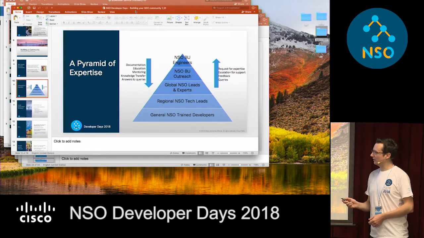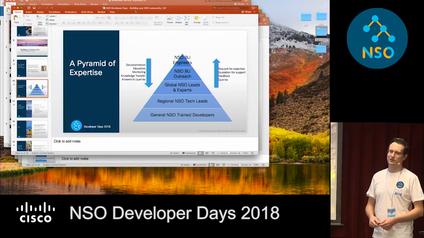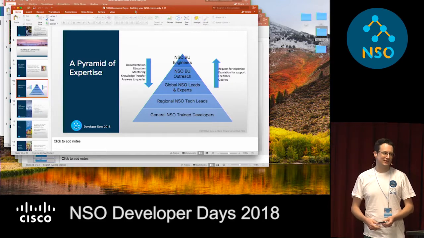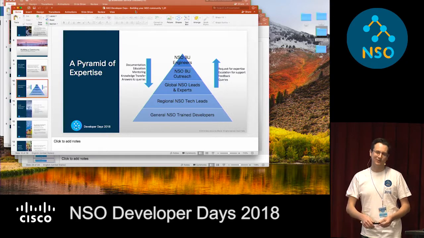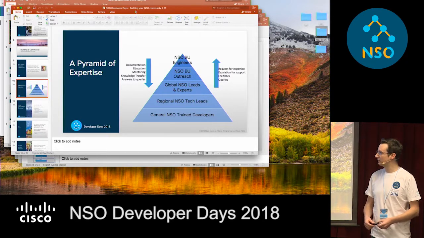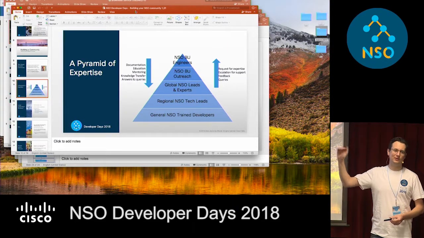And then we have global NSO leads and experts within advanced services, people who have experience of multiple large projects, the people who've been doing this since acquisition, spent a lot of time working with people like Jan and getting their hands on with NSO. But that's where our pyramid tops out in AS.